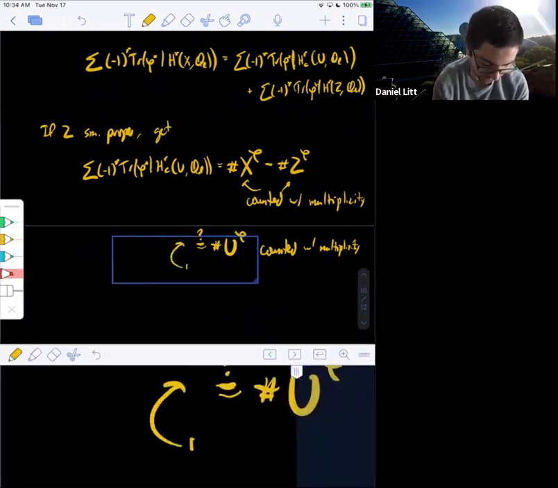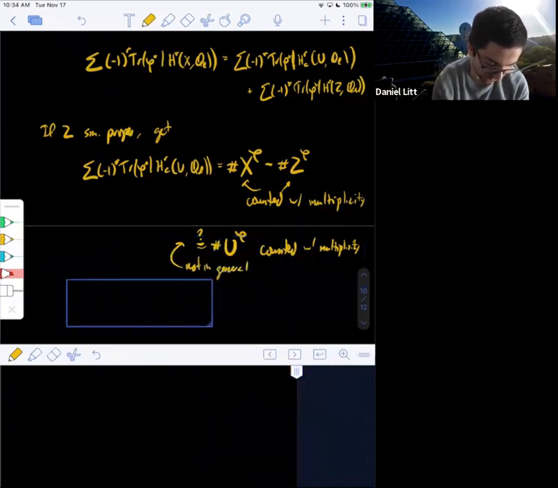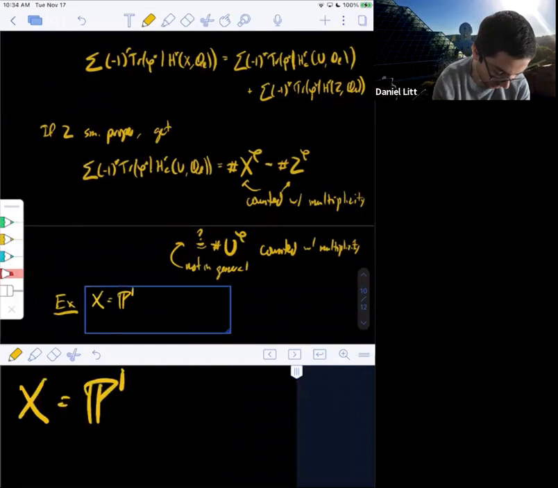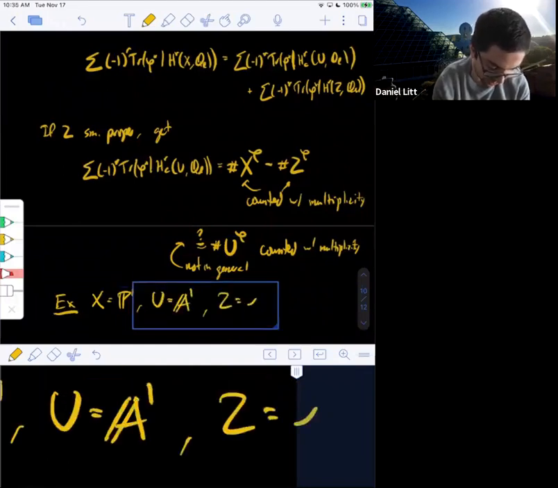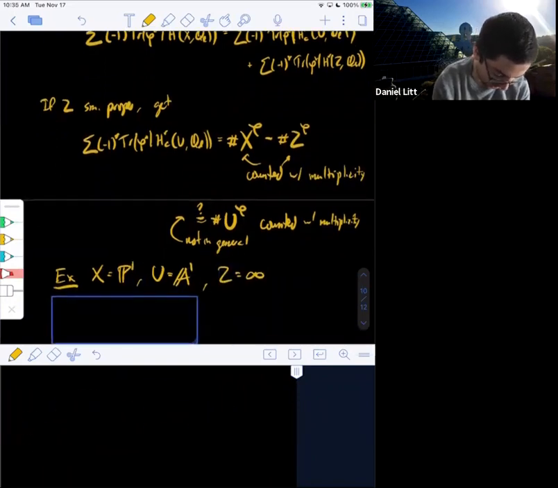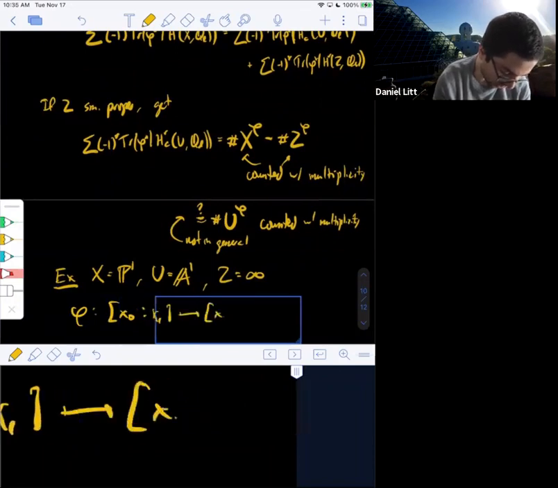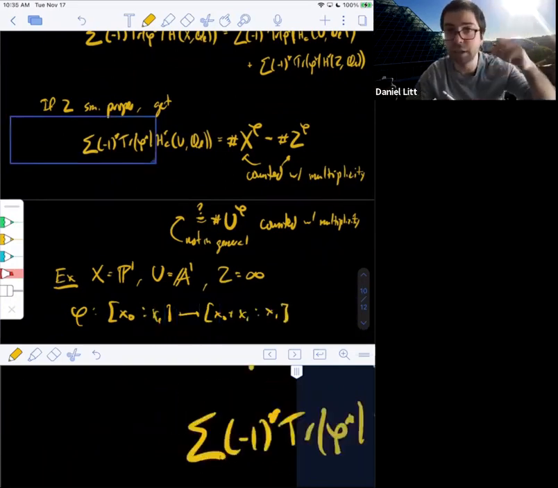So okay, the answer is not in general. Let me give you an example, and I think this is a really fun example. Let's set X to be P1, U just to be the standard A1 inside of P1, and Z to be infinity. And I'll take phi to be the map that sends [x0, x1] to [x0 plus x1, x1]. Okay, so this is kind of translation on A1,